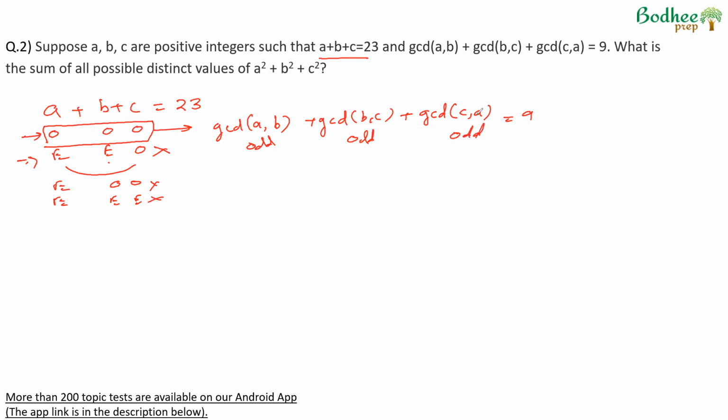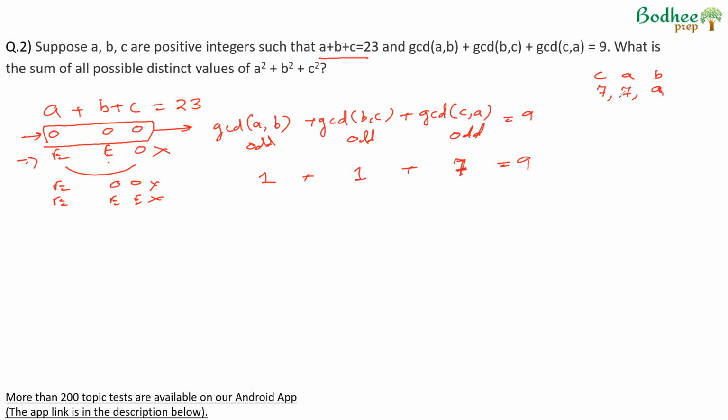And therefore, I'll check with 7. If the GCD of c and a is 7, the other two values have to be 1 and 1 for sure, because that is the only way to reach a total of 9. Now, GCD of c and a is 7. We can have the numbers as 7, 7. This is c, this is a. 7, 7, 7 plus 7, 14. So b becomes 14